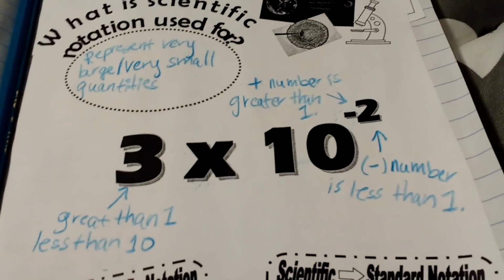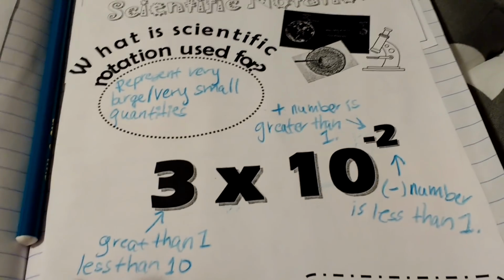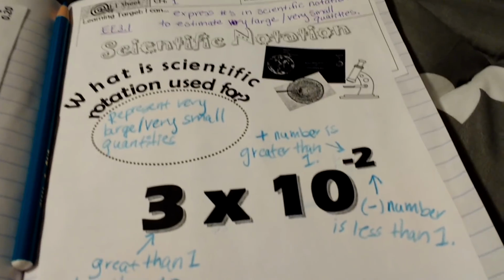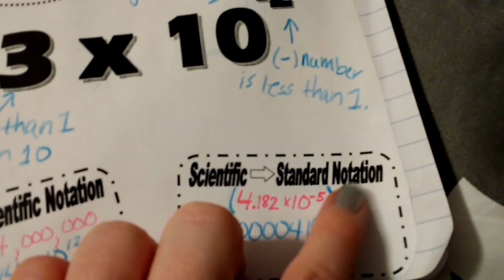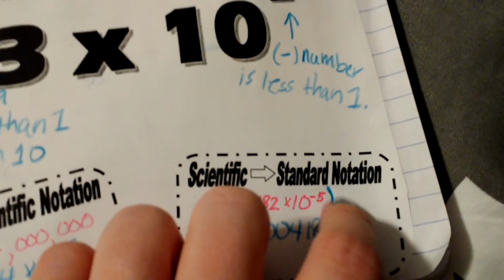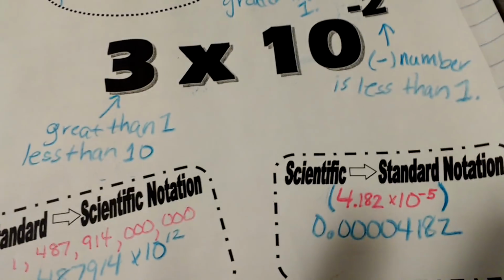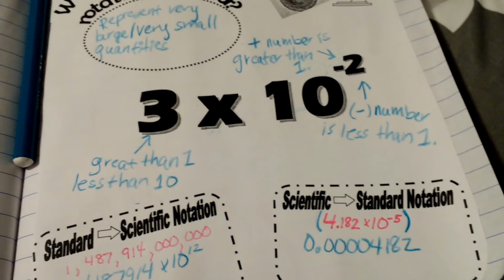There's a paper in the crate that was with these notes for you to practice with. The one side is just standard notation to scientific notation and scientific to standard, and then the other side is actually doing operations with it. So again, when you're doing operations with it, just make sure that you put parentheses around the actual scientific notation, and then you can add, subtract, multiply, divide right here, and then go ahead and put parentheses around the next one as well, so that your calculator understands what you're actually saying. And that's particularly important when you are adding, subtracting, and dividing. Multiplying, it's going to